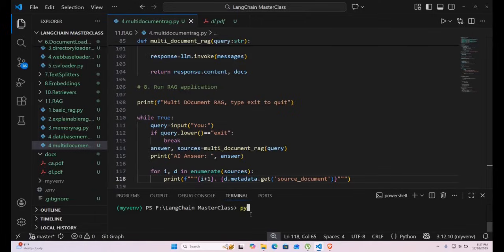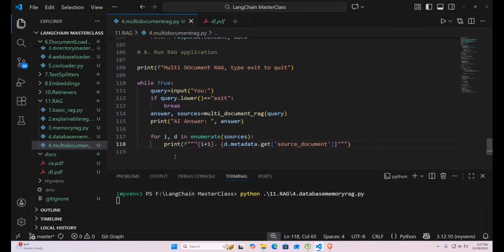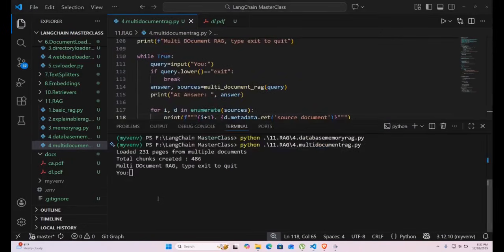Now we can run our code directly by calling Python RAG for multi-document RAG, and then basically use the application and check whether information from multiple documents is retrieved or not. Sorry, I made a mistake here. I should have run this multi-document rag.py file instead of this above file here. Anyway,